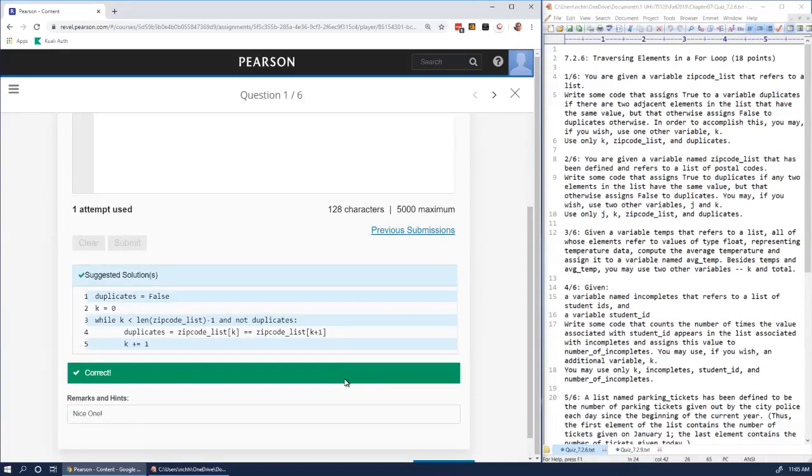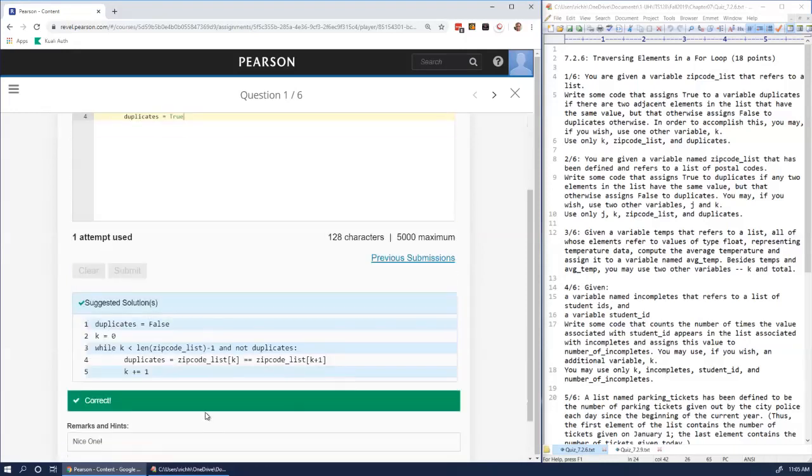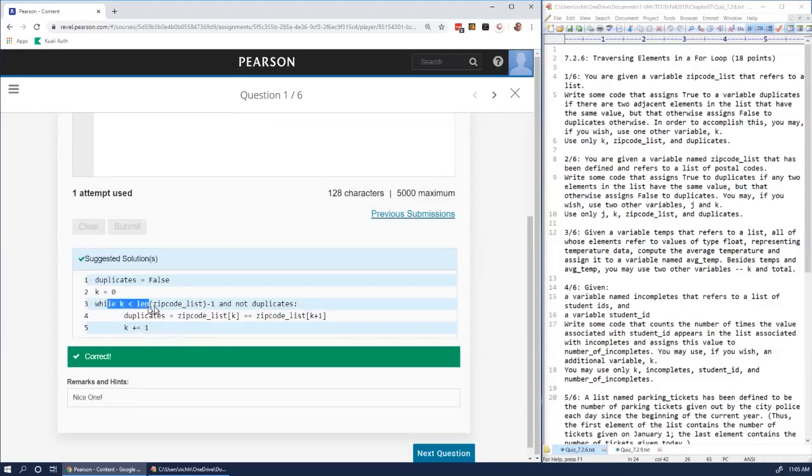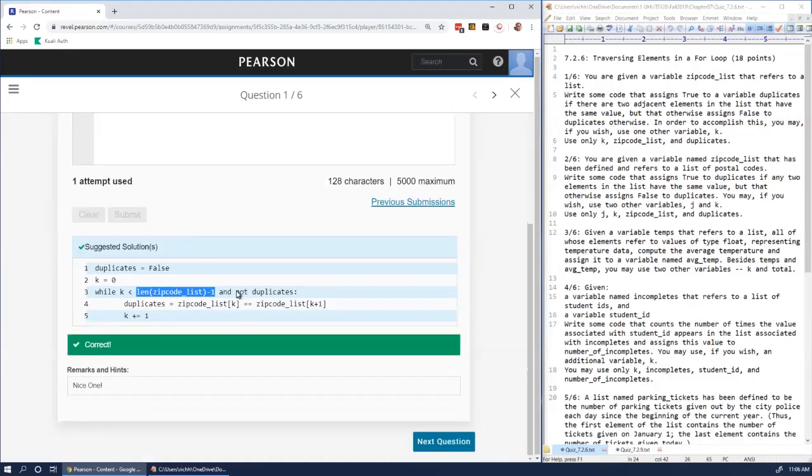And it does. Okay. So I got the green here, but let's look at this solution. Here in this solution, we're not using a for loop, we're using a while loop. And also what we're doing is we are looping, so we're going from k equals 0. K starts out at 0, and then each iteration, it increments by 1, and it goes all the way up to the length of the list minus 1, just like my solution. But then it uses a fancier assignment statement here, and this is going